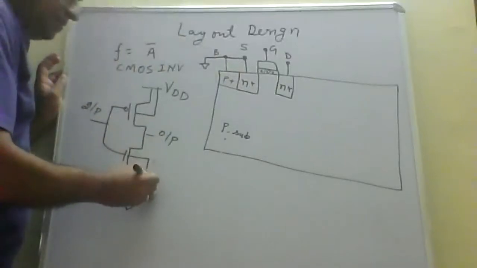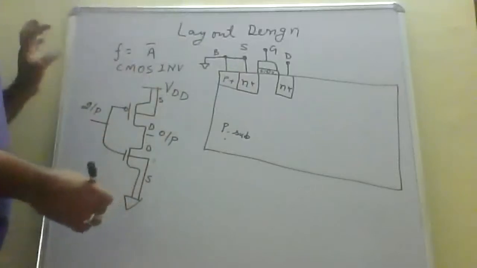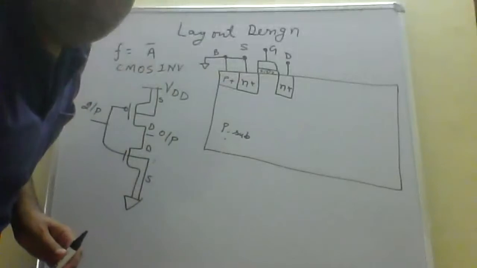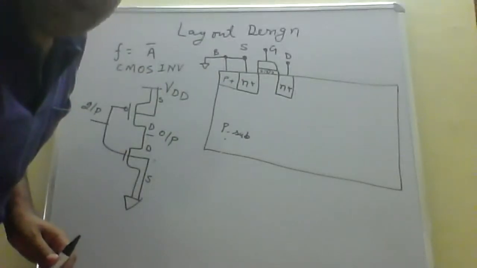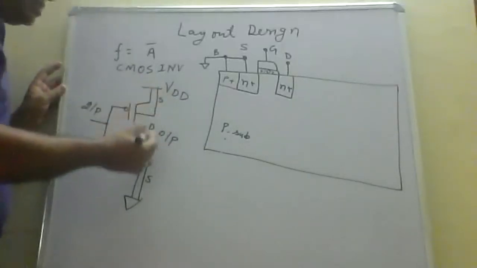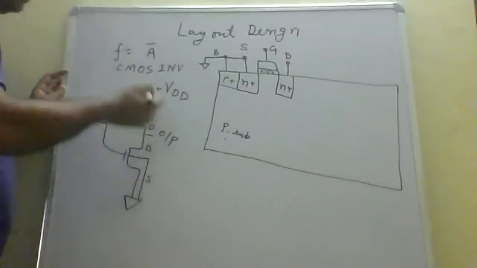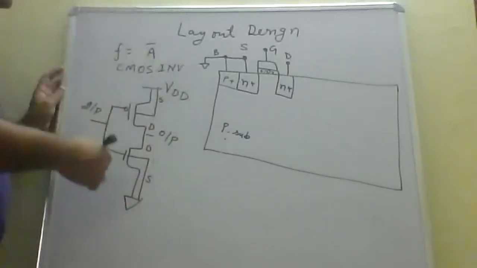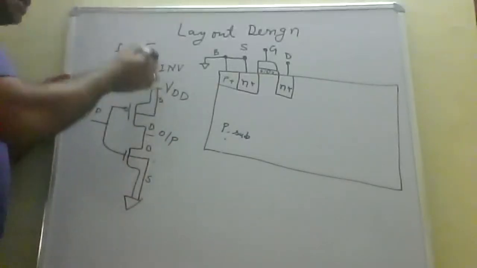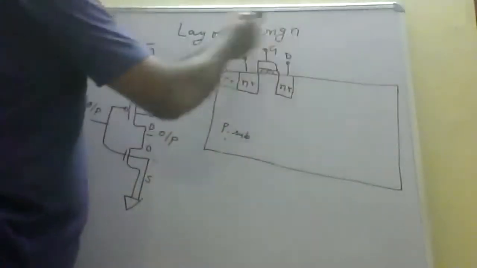This will be the source and this will be the drain. This is the way to write source and drain. On the upper side there will be a source, and on the lower side there will be a drain. Write source and drain from upside, as well as source and drain from downside, in the NMOS. This is the way to identify the source and drain. This is the NMOS we have developed.